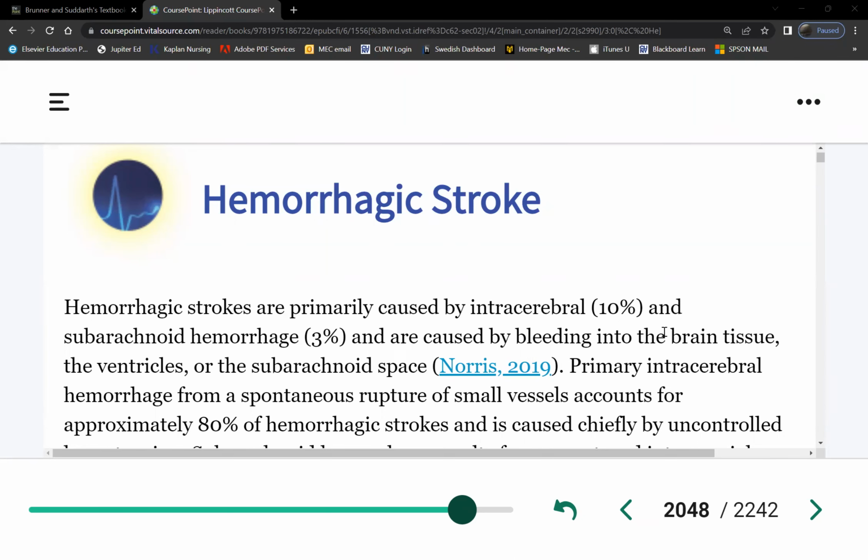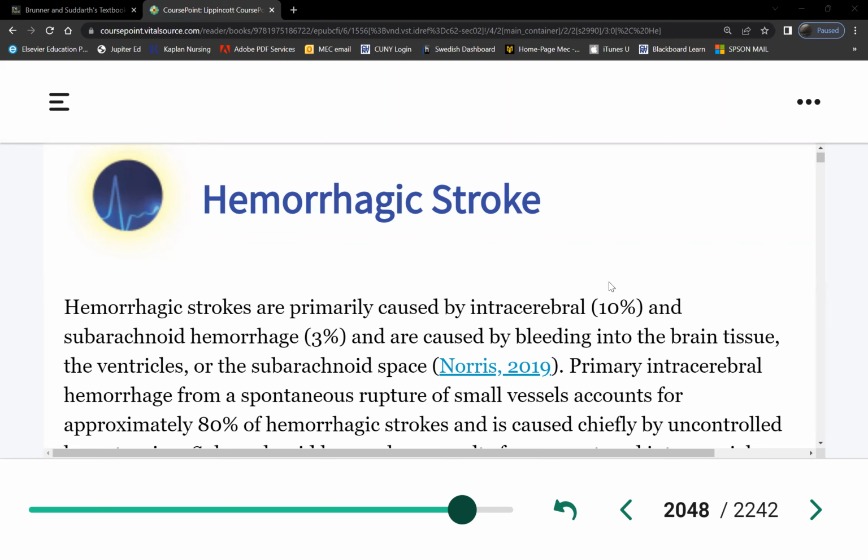A few differences in hemorrhagic stroke. And let's recap. Ischemic stroke is caused by a blood clot. There are two types: ischemic can be thrombotic or embolic stroke. We discussed signs and symptoms and treatment last week, which are ranging from